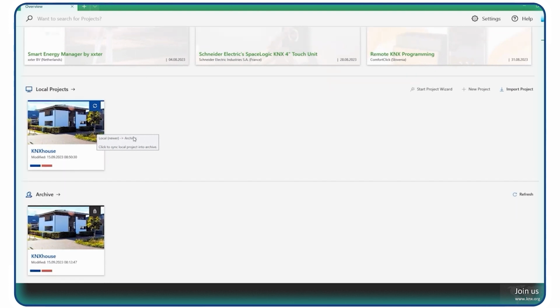We know exactly what we did. We can see here the device now has 66 devices. The project has 66 devices, and the project in the archive only has 65 devices. But perhaps I did some more changes, and I want to review that. I can